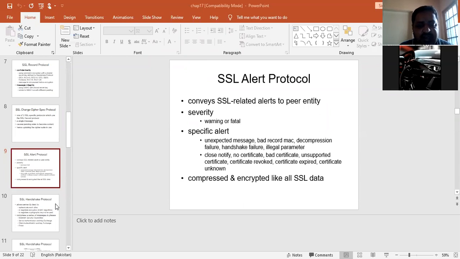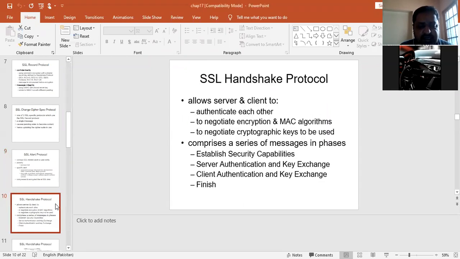between client and server. Here is the SSL handshake protocol, the Secure Socket Layer handshake protocol, which is used to provide the connection between client and the server. It is mainly used to authenticate the client to the server, or server to the client. Different messages are exchanged between the client and server. They are using encryption methods and MAC algorithms to provide a secure connection